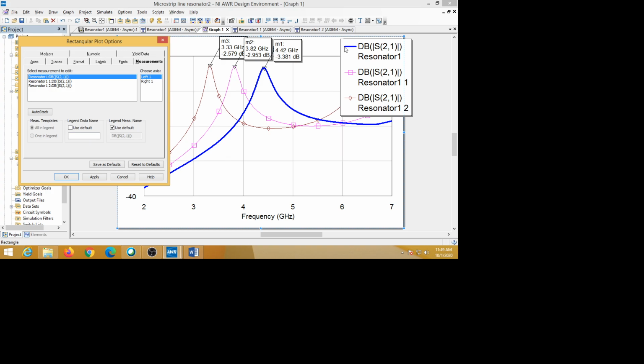This color is important: this trace is for epsilon r equal to 2.2, since we set epsilon to 2.2 for resonator 1. So we need not know this resonator 1; if you put resonator 1 here, that title will come, which is also not needed.